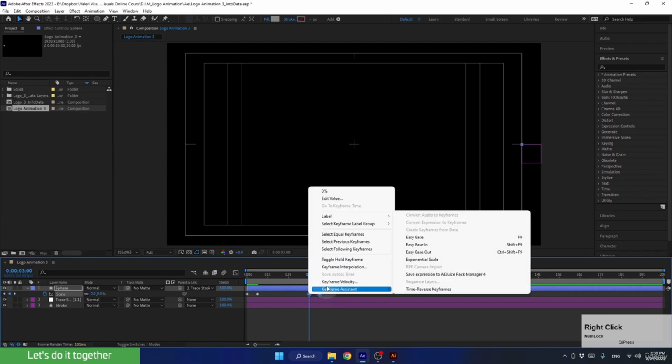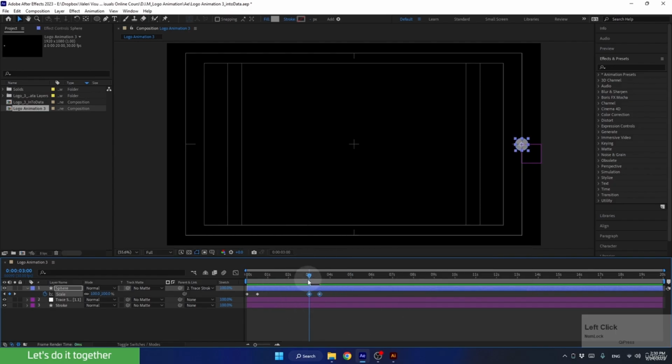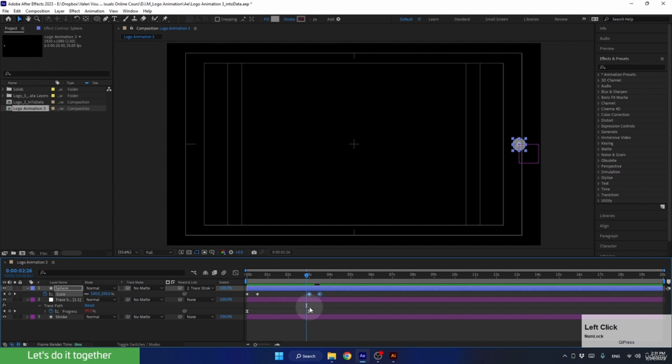Now, right-click on one of the keyframes, go to Keyframe Assistant, and select Time Reverse Keyframes to reverse this animation. Now the sphere will shrink when it reaches its last point. I think it should shrink before reaching the end. To see when the sphere reaches its last point, let's select the null layer and press U. Next, let's move the scale animation of the sphere here, so that the sphere will disappear just before it finishes